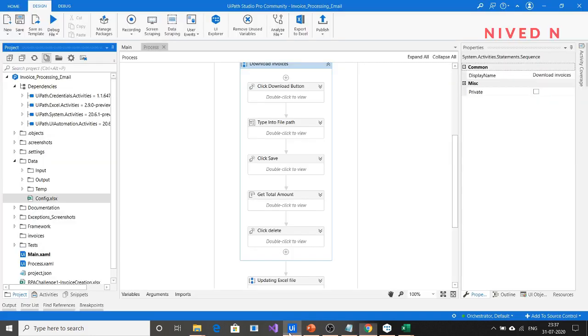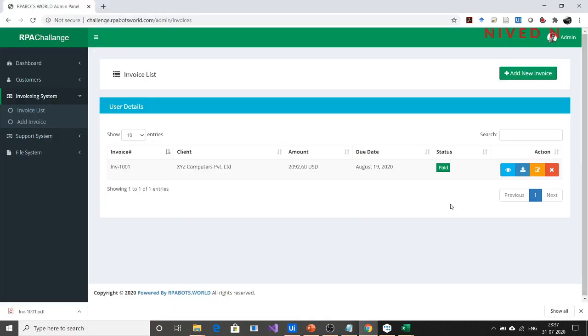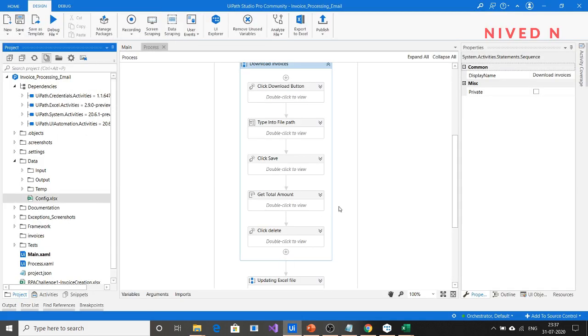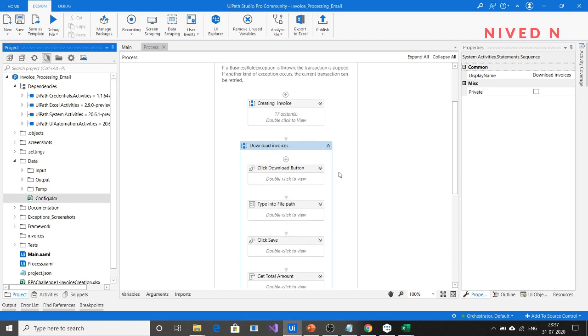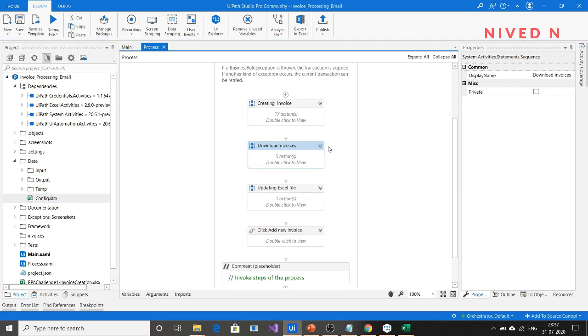For that we are using the get text activity, and after completing all the steps you can delete this invoice so that you can avoid the piling up of many invoices in the list here, so that when the next transaction comes you can easily do it, right? Okay, so that is why I have used the click delete option for deleting the invoice, which reduces the piling up of many invoices in the list. Okay,